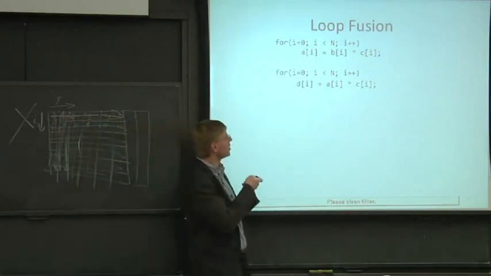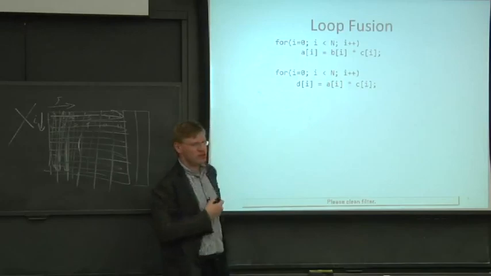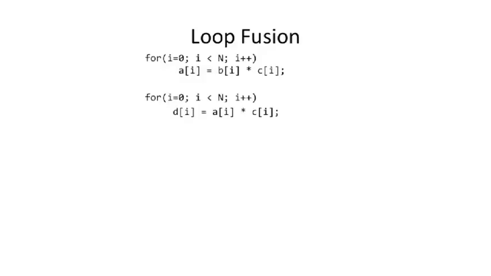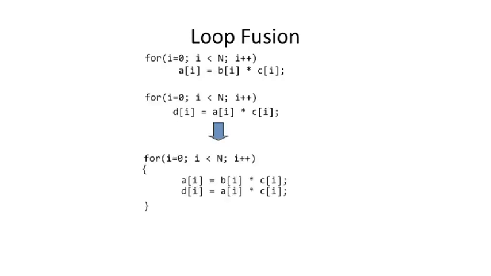By the time we get back to here, A of 0 is definitely not going to be in our cache. Maybe A of the last element will be in our cache, or A of n minus 1 will be in our cache. But A of 0 is not going to be in our cache. So our compiler can think real hard about this and do what's called loop fusion and pull these statements apart,